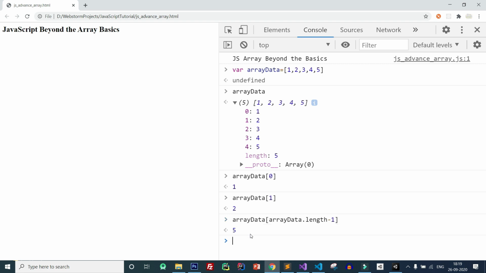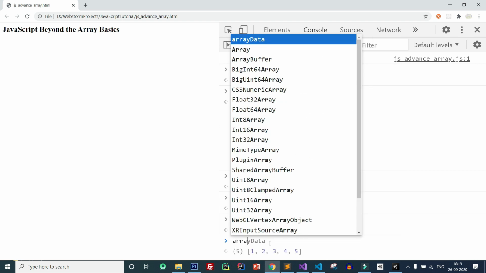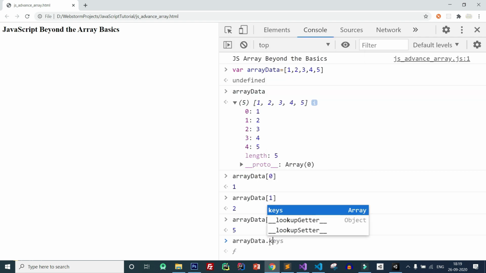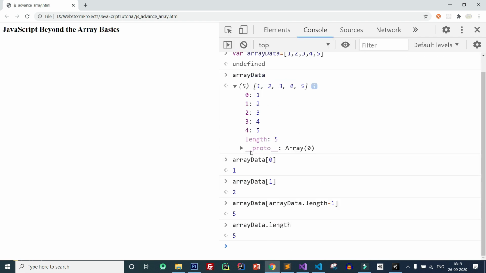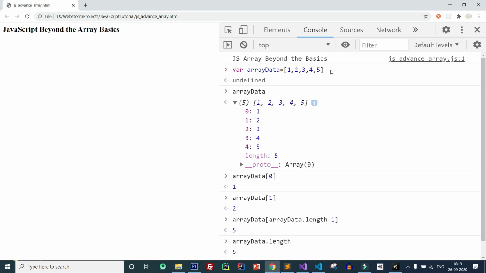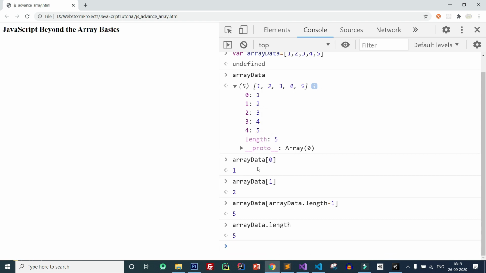So in this way you can access the last item of the array. Also you can access the array length. You can see here the array contains 5 items, so the length is 5. You can access the array length by array data dot length. So this is just a simple example of how to create an array, how to print the value of an array, how to access an item of an array, and how to access the array length.